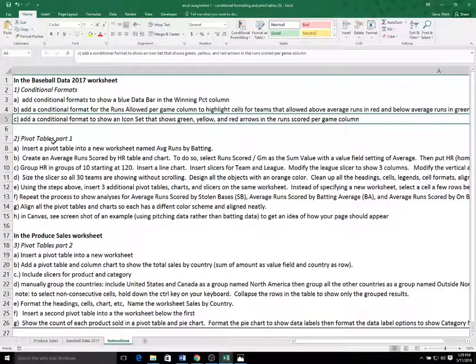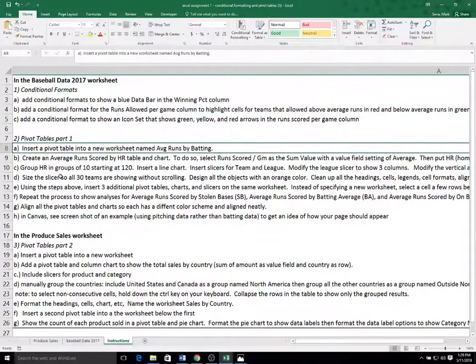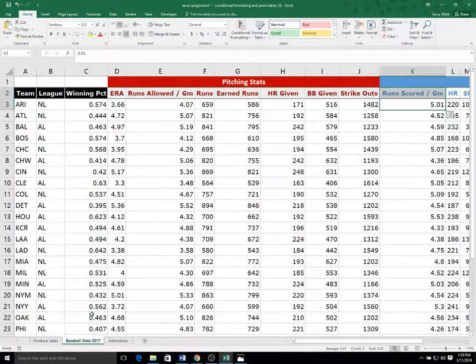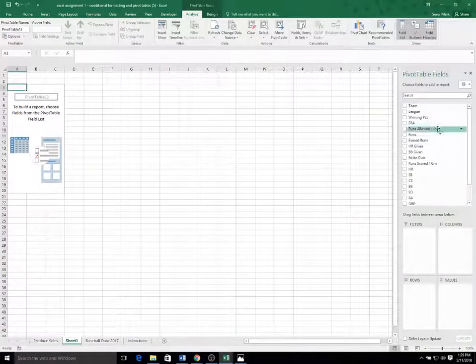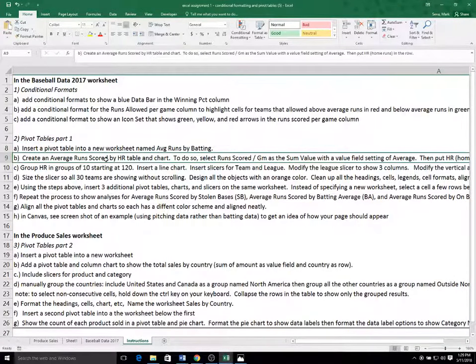Pivot tables are a little bit more difficult. And the way I'm having you format these is a little bit different than we did in the assignment. So you're going to go to the data and insert a pivot table. And you can select the default range, and you can see you have all your headings. So as it says in the instructions, the first pivot table is average runs scored by home runs. So we want to know whether teams that hit more home runs tend to score more runs. You would expect that they do, but